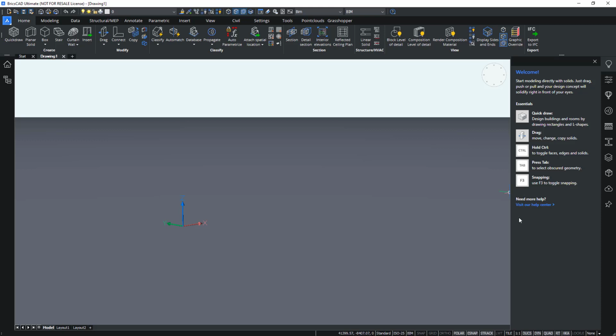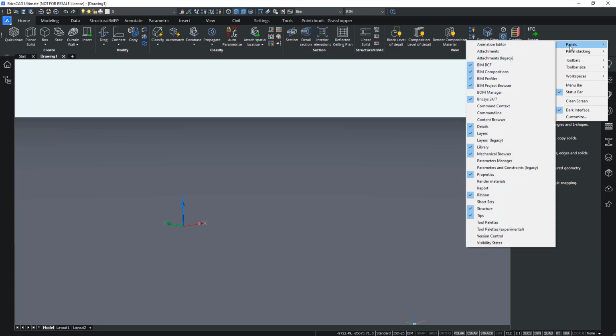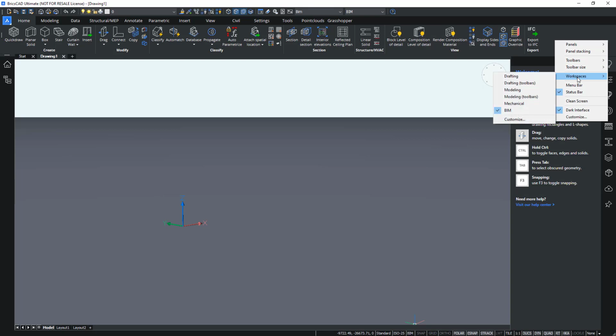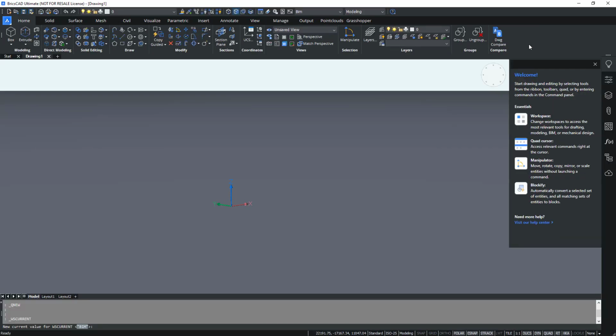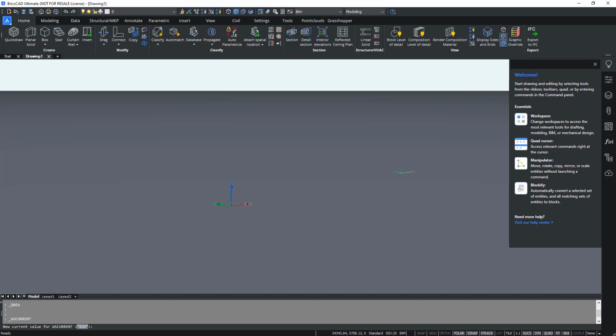Also note that in the launcher we chose a workspace, but you can always switch that workspace still from your status bar. That's the bottom bar, where you can still choose the other workspaces, or again right click an empty space in your interface and you will see that there is also a workspaces option where you can change your workspace, which will change the interface to the other workspace, which has the tools optimized for that kind of work. But for now, let's stick in the BIM workspace.